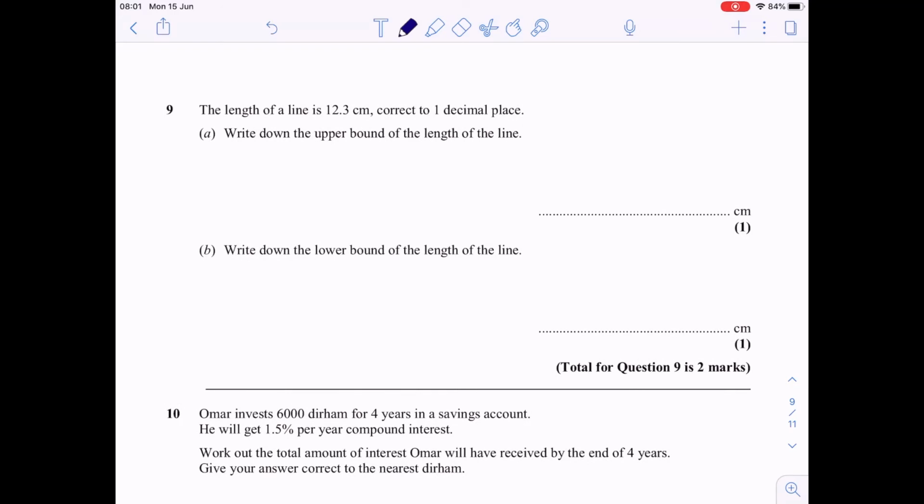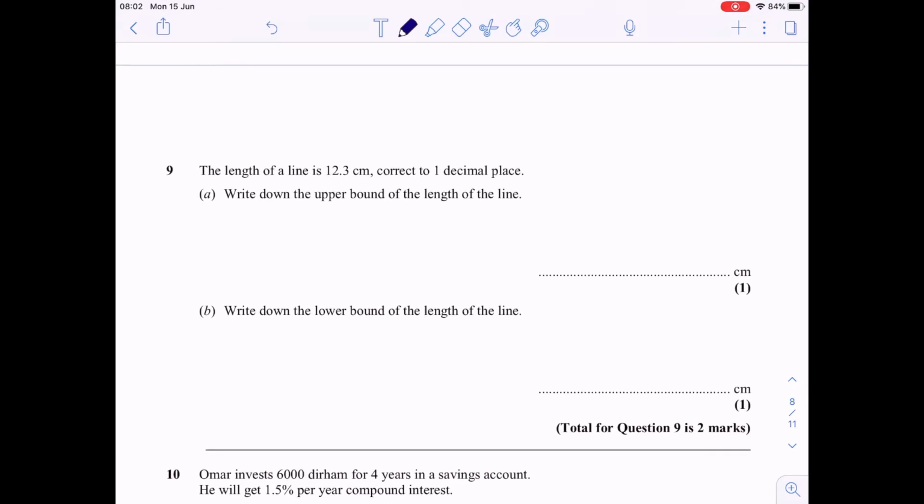Question 9. The length of a line is 12.3 centimetres correct to 1 decimal place. So if I think about this on a number line, and I've got 12.3 here, and I guess 12.4 and 12.2. This has been rounded to 12.3 to the nearest 1 dp, and these are all to 1 dp on my number line. So it's got to be anywhere in that sort of range. Now this value at the top here is going to be 12.35, and this value below it is going to be